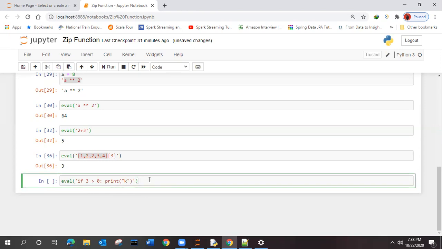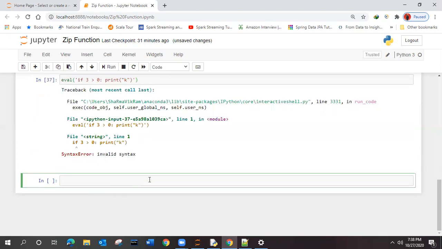It will work. What will be the output? We can't use other functions in this. You can give the expression. That expression should be straightforward, not like a conditional statement. Is it fine?